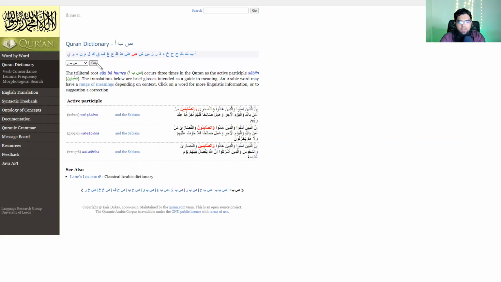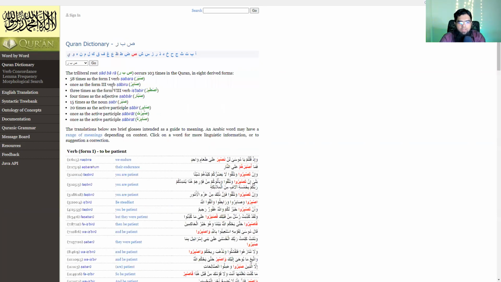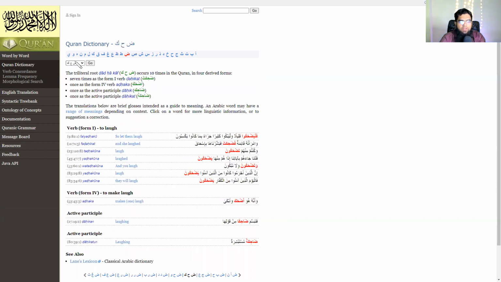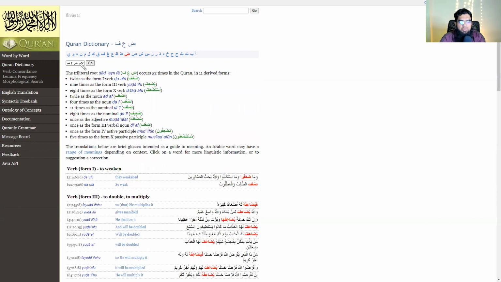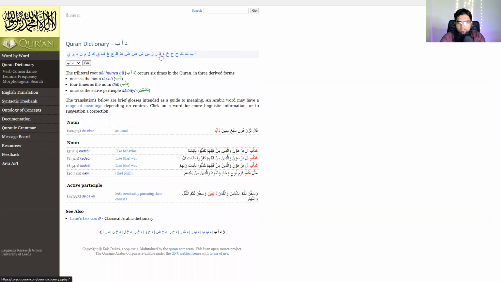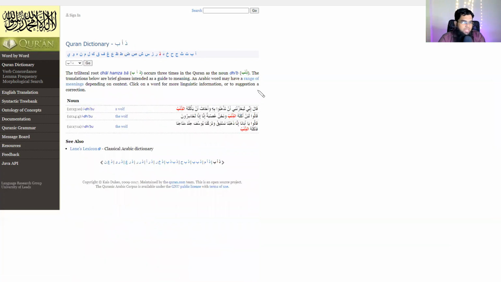So you can do sabara, for example, and then form 8 is tabara, which has been used 3 times in the Quran. You can go and see. Dad also you can see. Maybe what is used, I don't know. Dad is also, form 8 is very used. Ittara is used, like we've seen just now. Then you can go to dal and see, inshallah. Okay, all right, so this was all about Ibdal.